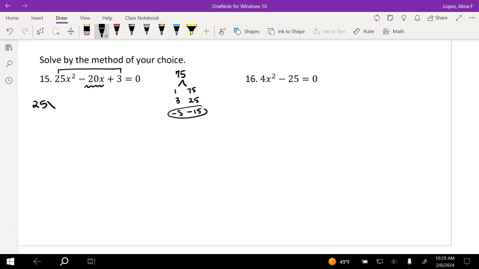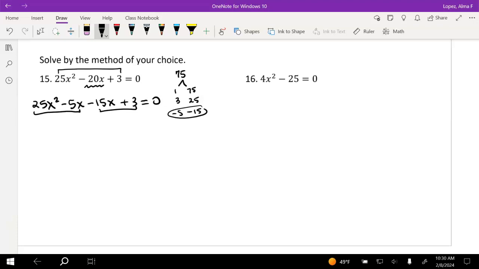Then I'll rewrite the 25x squared. Then instead of negative 20x, I'll use those two numbers I found. Negative 5x minus 15x plus 3 equals 0. We're using the AC or grouping method next, so